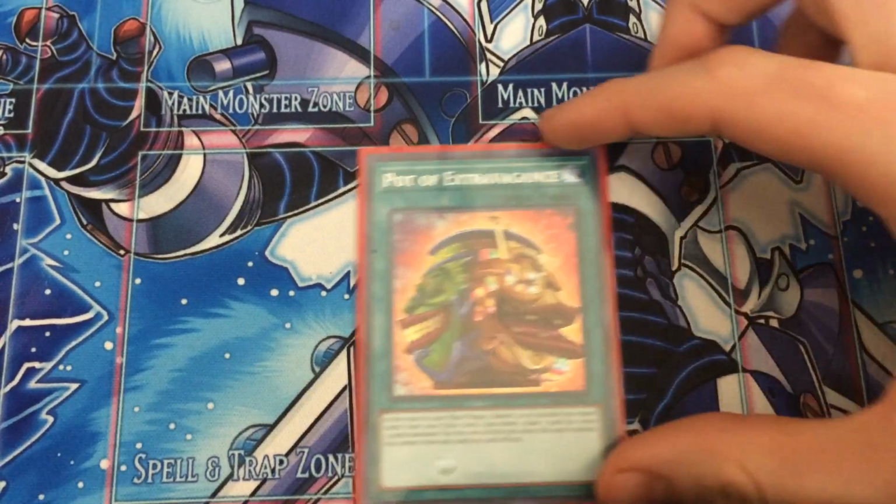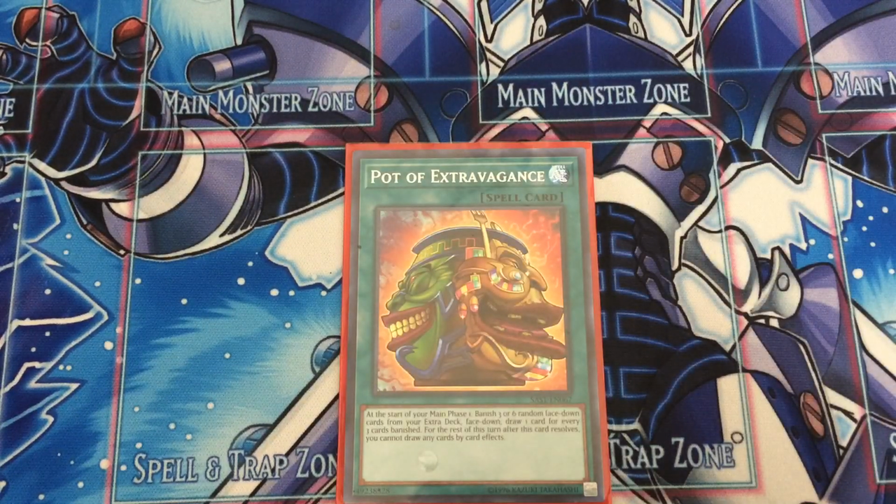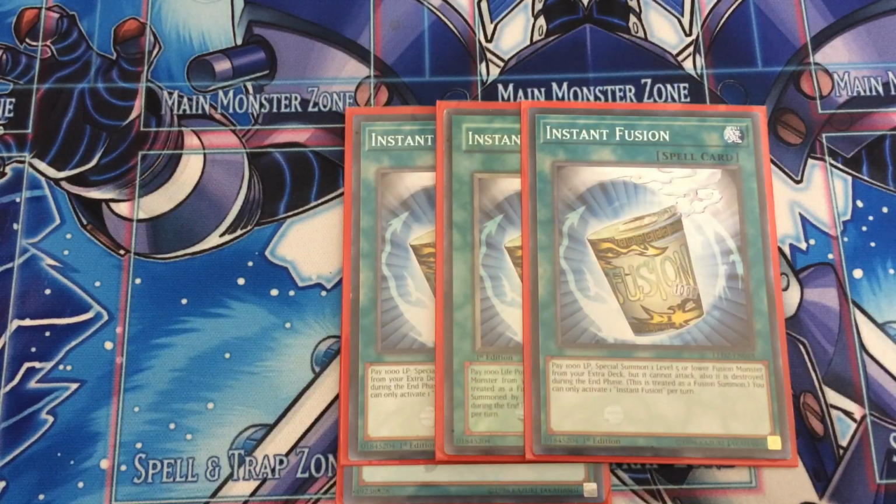1 Extravagance, because I'm broke and I need 2 more. It only came up once, but I know for a fact if I had 2 more, this deck would be insane. 3 Instant Fusion. This card is amazing going first or second, because first you can set up a board,